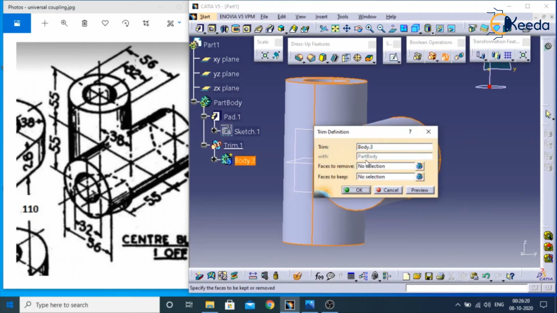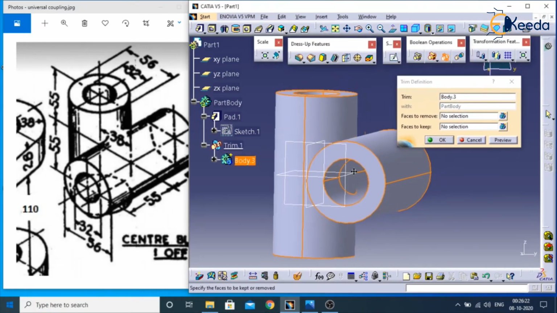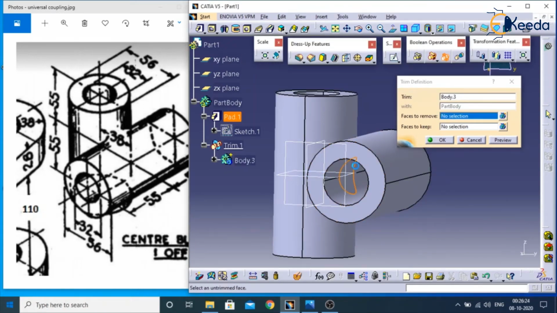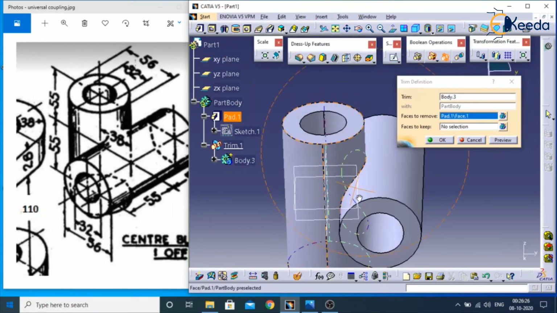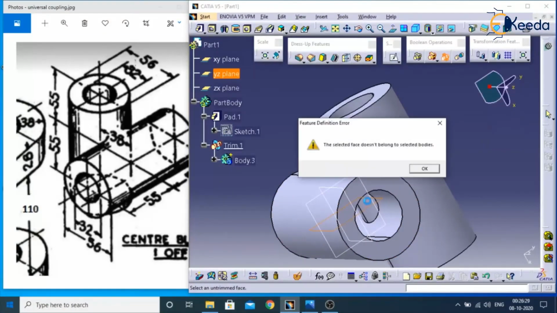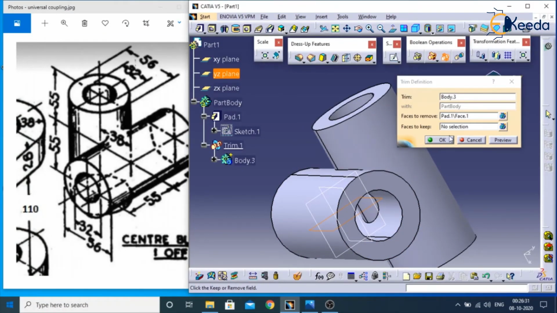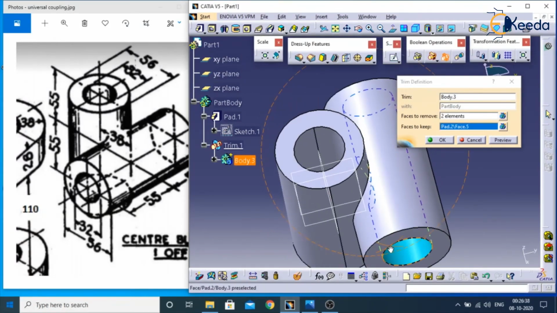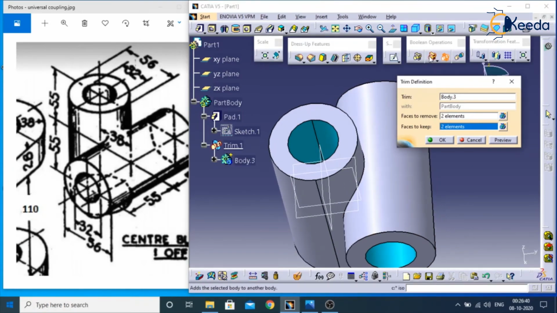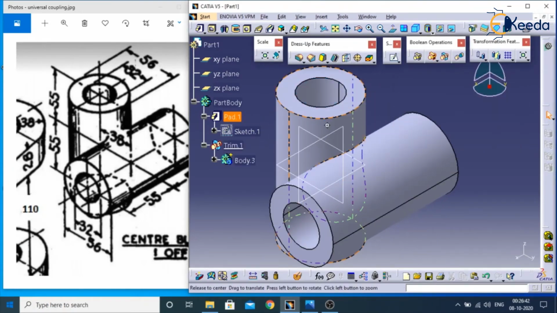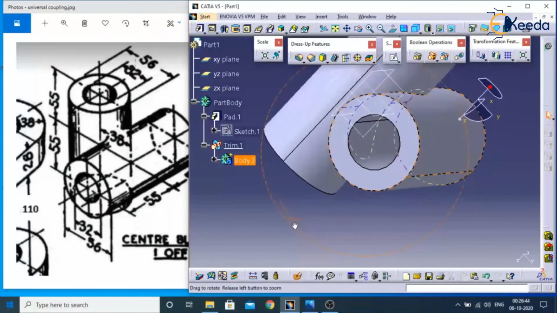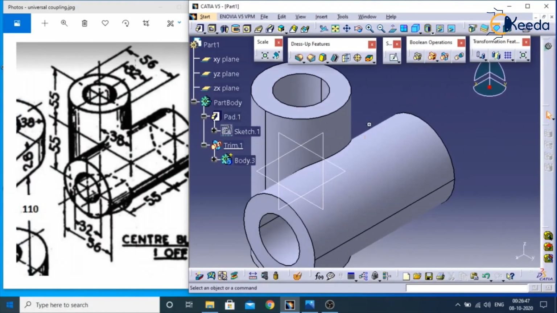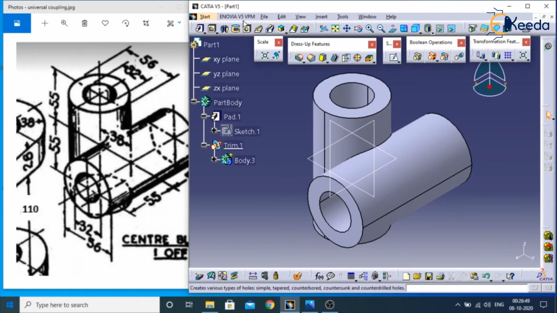Select this and this dialog box will appear. Faces to remove, you have to select this one and this face. Faces to keep, you have to keep this face and this face and apply OK. So like this you can remove the material over here. Now we will save this object as center block. File, save.